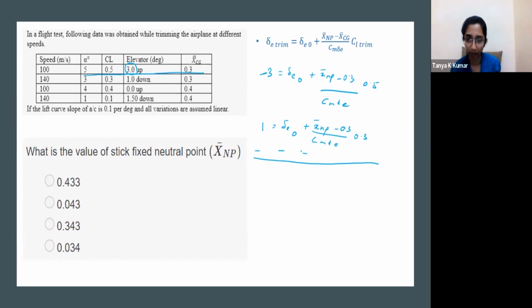So I'm just going to go ahead and do this. -3 minus 4, delta E naught would go, and you would have minus X bar NP minus 0.3, minus X bar NP minus 0.3, CM delta E into 0.5 minus,